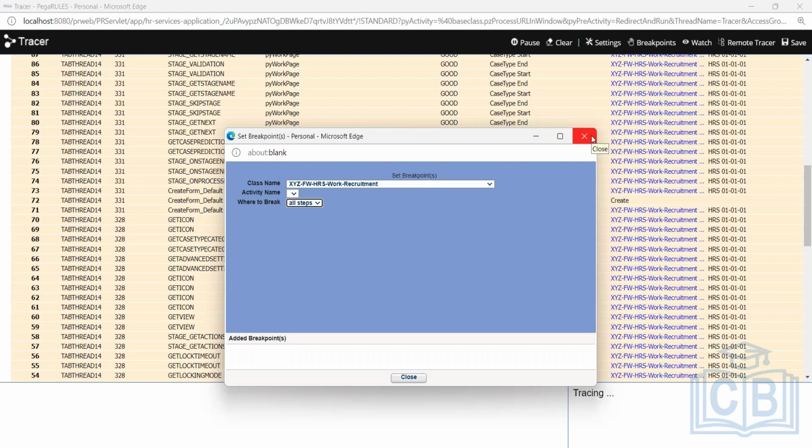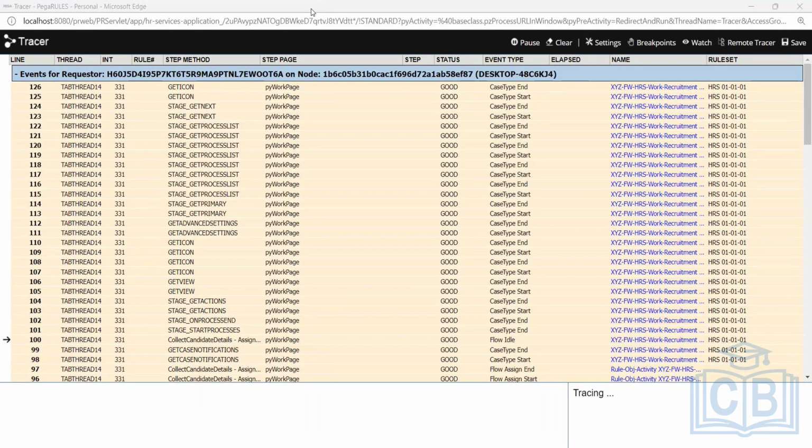Okay, right. So I think yes, that's all about the tracer. Which is more of a dynamic debugging tool when compared with your clipboard, which is more of a static